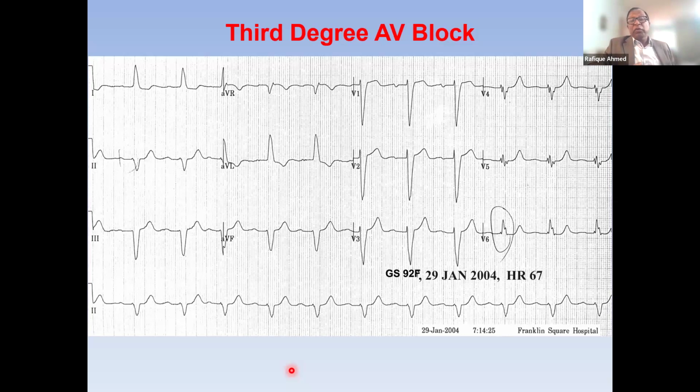Even if this patient has syncope, I would put a loop recorder. Let's say somebody is 35 or 40 years old, has syncope, and develops nighttime intermittent complete heart block. Before I put a pacemaker in, I will have to have a correlation between the symptom and the heart block.